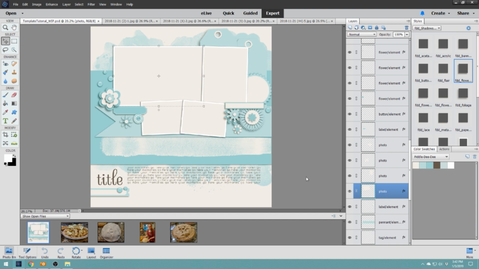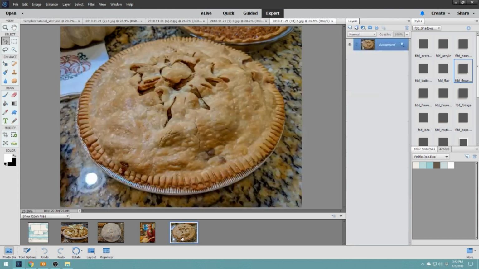I've used Photoshop Elements 11 for many, many years, and have just recently gotten Photoshop Elements 2018. And of course, with every version, things are a little different in each one. And you may find that the instructions may be a little different if you're using a different version of Photoshop Elements or Photoshop. But just make sure that layer is selected,